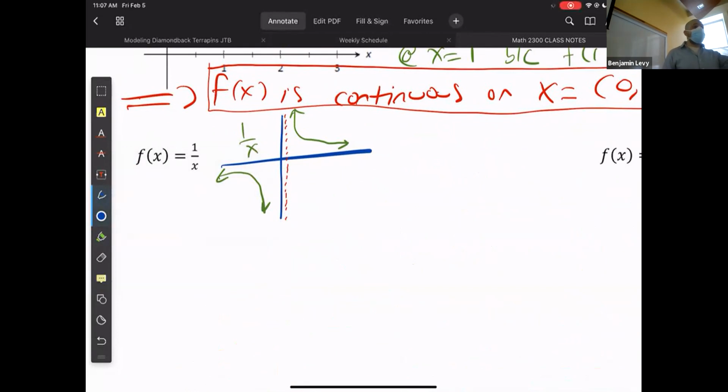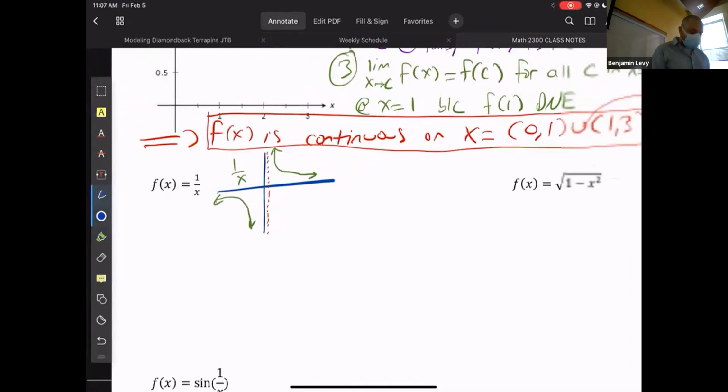Yeah, so this is undefined, so number 3 automatically fails at 0. What about the other conditions? Does the limit exist at 0? No. Why not? What's the issue there? Do you know? You divide by 0. So I guess what I'm wondering is, when we looked at places that limits don't exist,